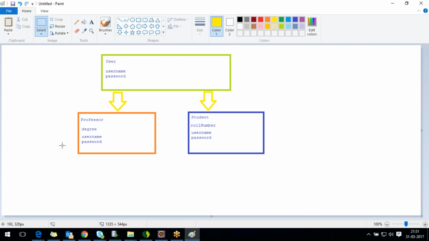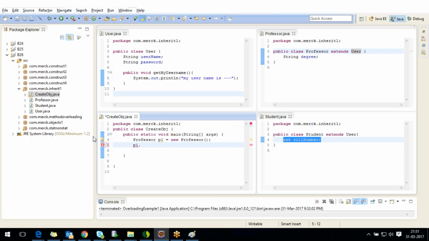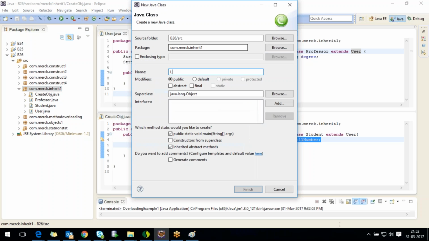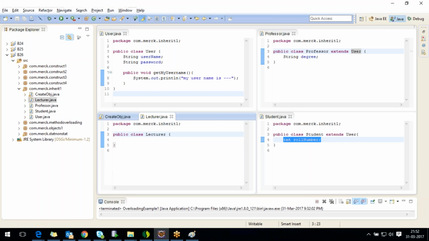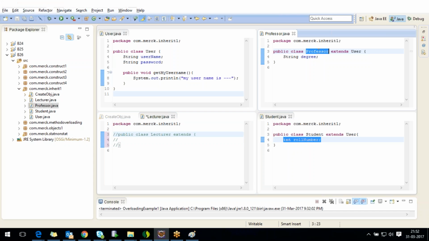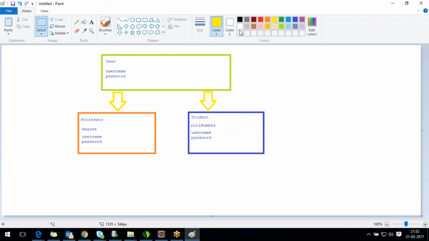Now, can we have one more class? This is the question to you guys. Okay, can we have one more class, say lecturer? Okay, lecturer, and this extends, if I say, is this valid or not, please tell me, guys. Okay, if I say public class lecturer extends professor, if I do like this, what is going to happen is now there will be one more class like this. Okay, and this will be the lecturer class,